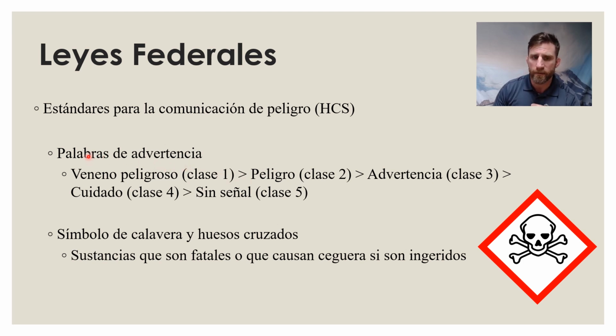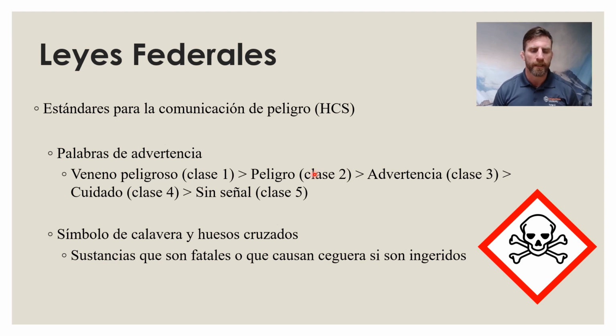Danger, poison, which is class 1 or the most concerning signal word, followed by danger, then warning, then caution, and then no signal word at all. So we're going from highest concern or toxicity to lowest concern and lowest toxicity